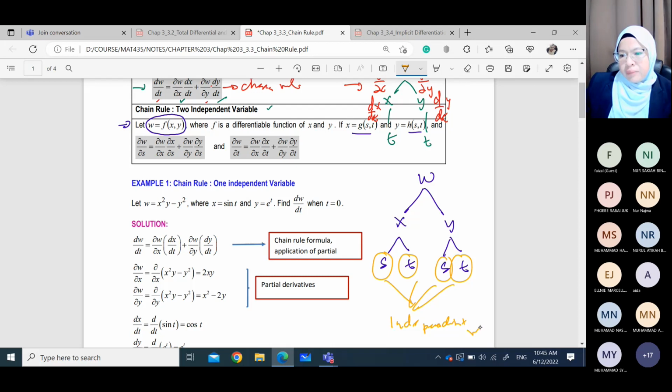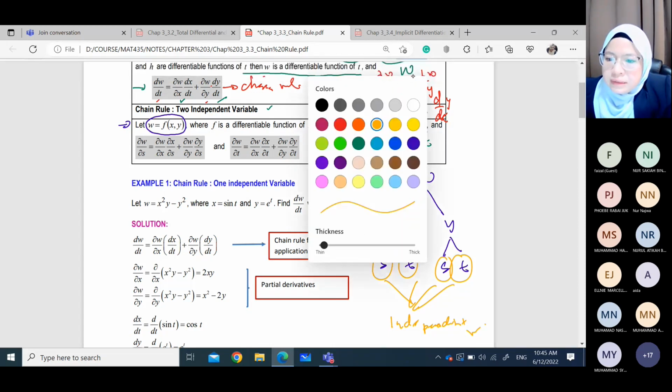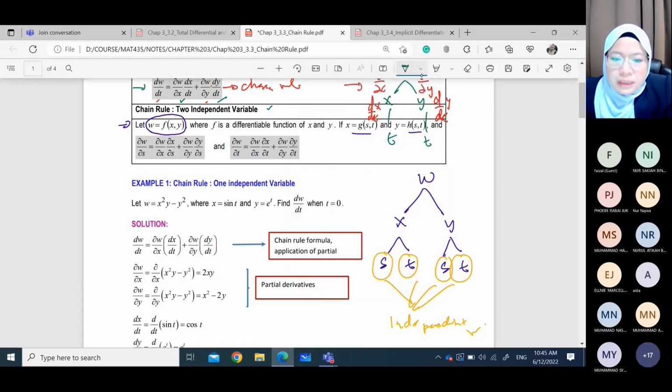Okay, independent variable. So how do we formulate the chain rule? At the first level, we differentiate with respect to X and Y on W. We use the del notation because it involves differentiation for two variables. So we have the partial derivative with respect to X on W, and for this side we have a partial,